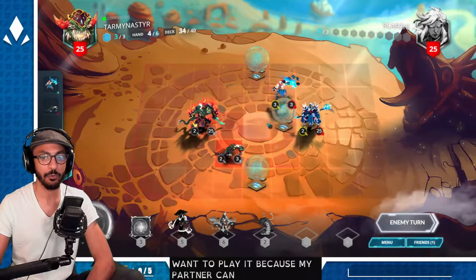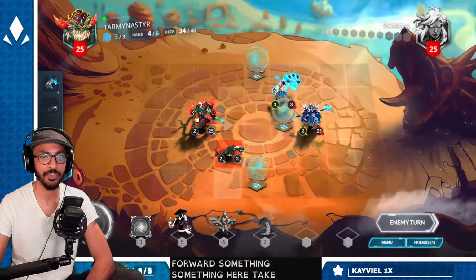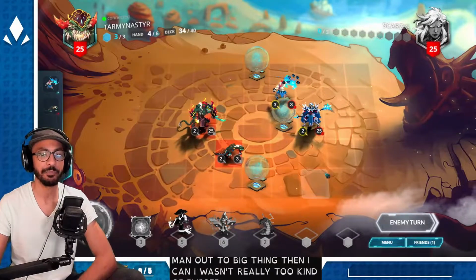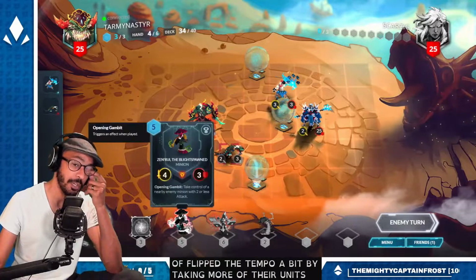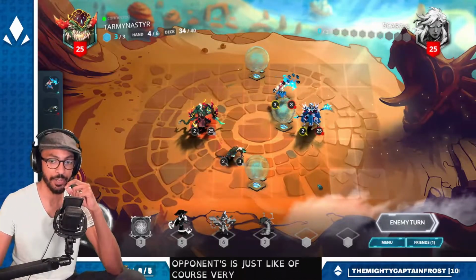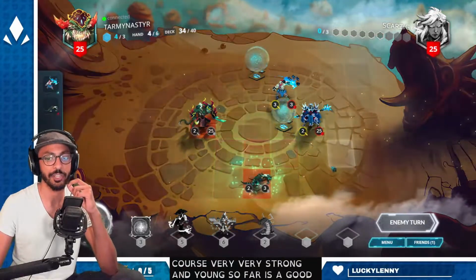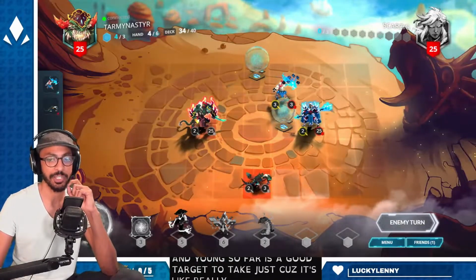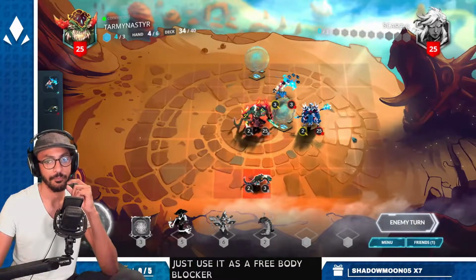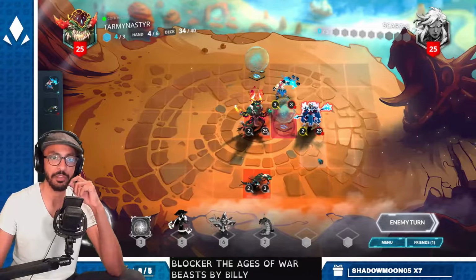Because my opponent can walk forward, summon something here, take this mana, do a big thing. Then I can Zen Rui to flip the tempo a bit by taking one of their units. Establishing a unit and then taking one of your opponent's is, of course, very, very strong. And Young Silithar is a good target to take, just because it's really sticky and I can just use it as a free body blocker. The egg is a Warbeast liability, of course, but...